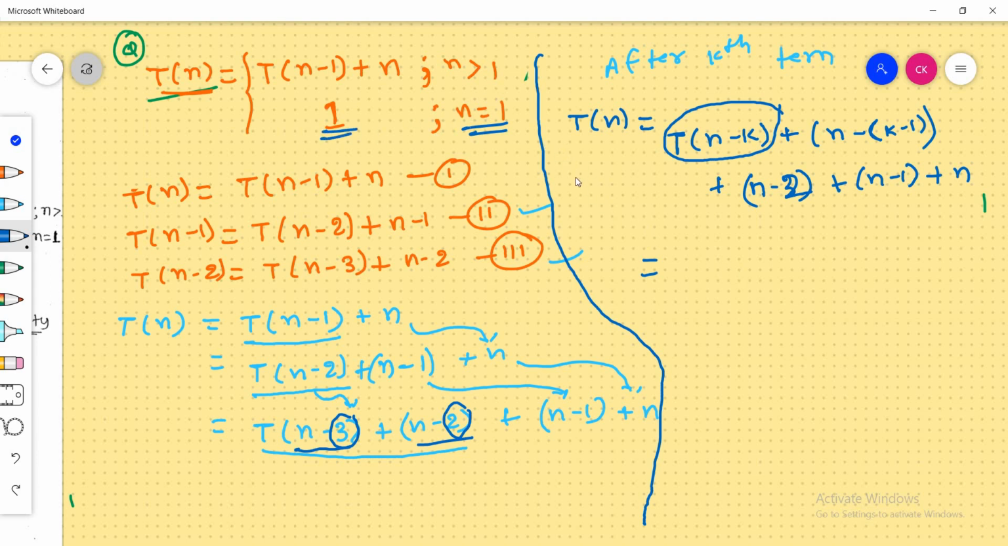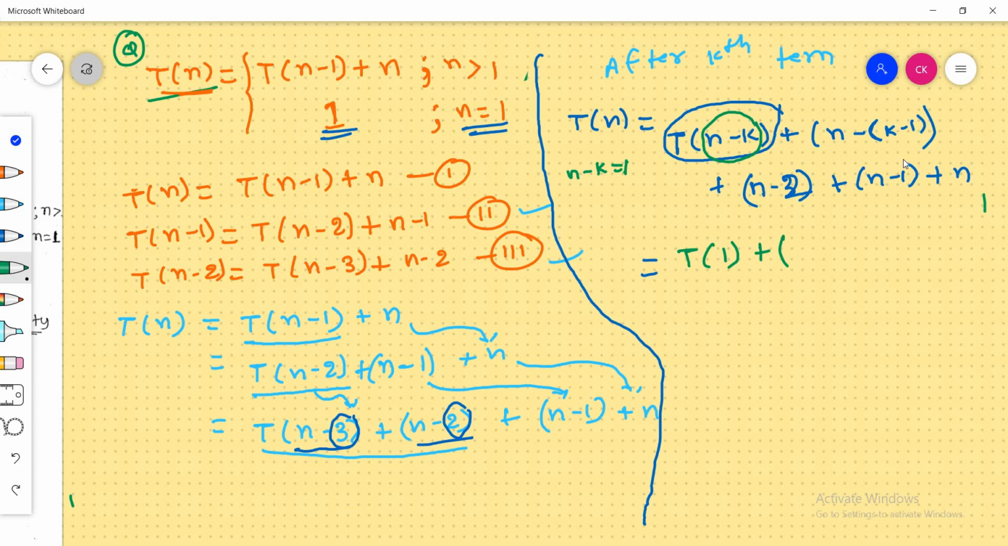So let's assume n minus k is equal to 1. Why are we assuming n minus k as 1? Because then this term completely becomes t of 1, and in its place we can write 1. So this will be t of 1 and plus